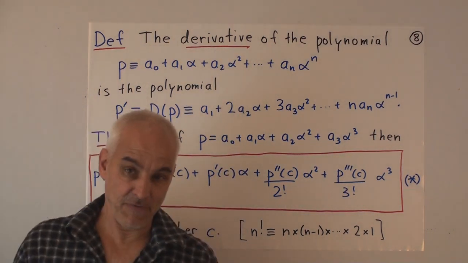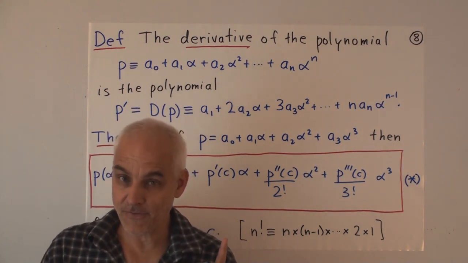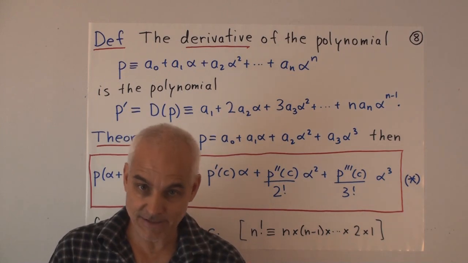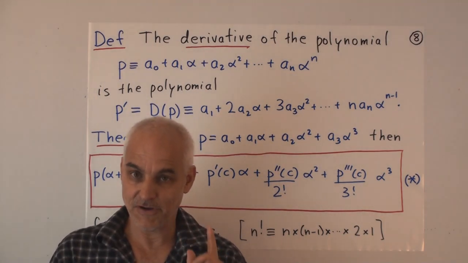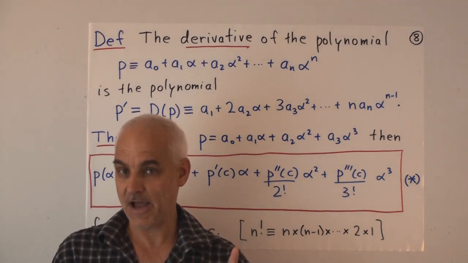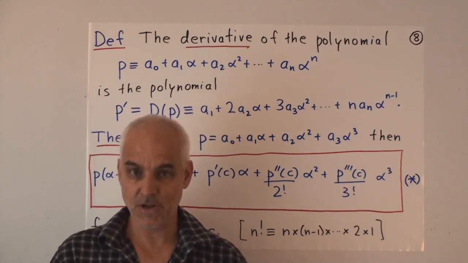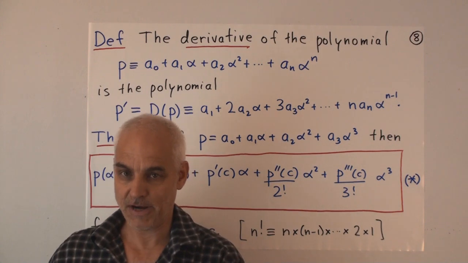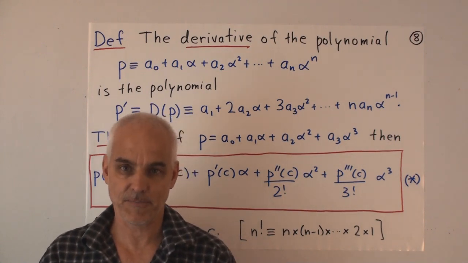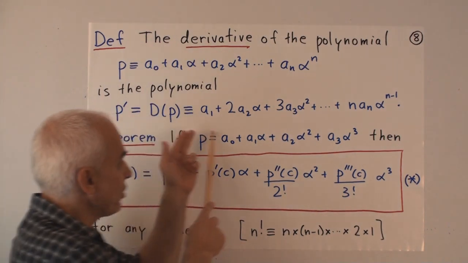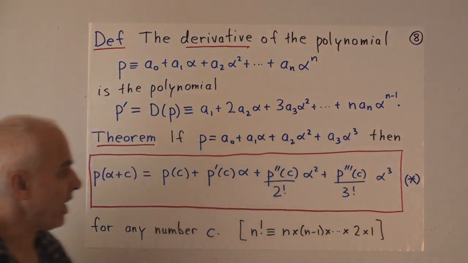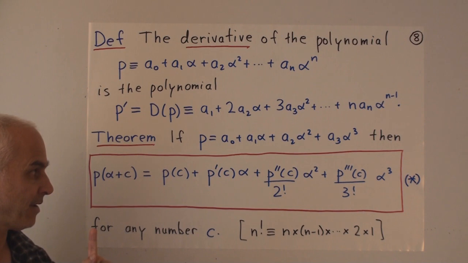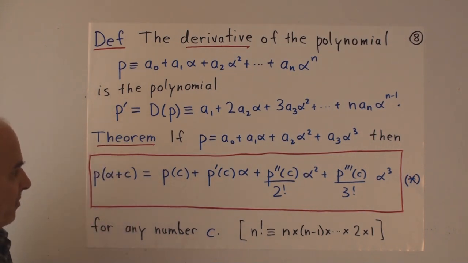So we're defining a derivative here now, not in terms of a tangent, not in terms of limits. We're defining a derivative purely as a formal thing that we do with a polynomial. Input a polynomial, output another polynomial, called its derivative. And the reason why we're doing it in this exact way is because of the computation that we made on the previous slide. And here's the theorem.